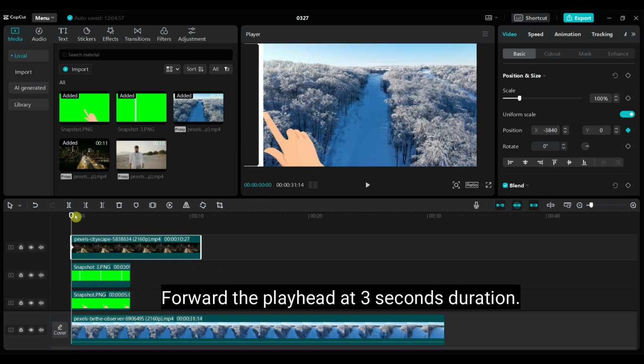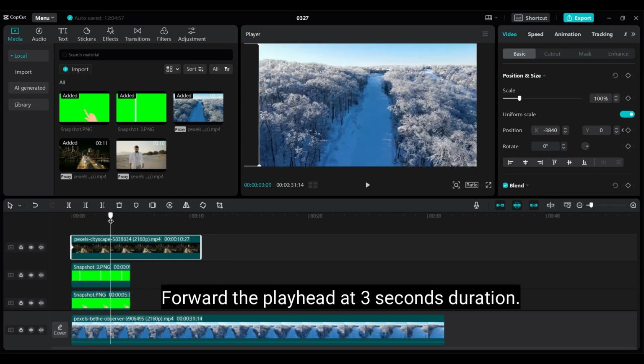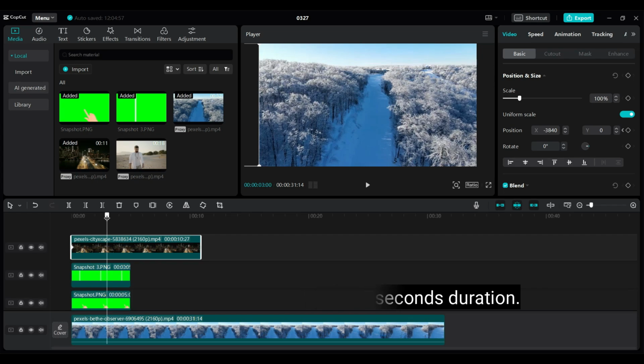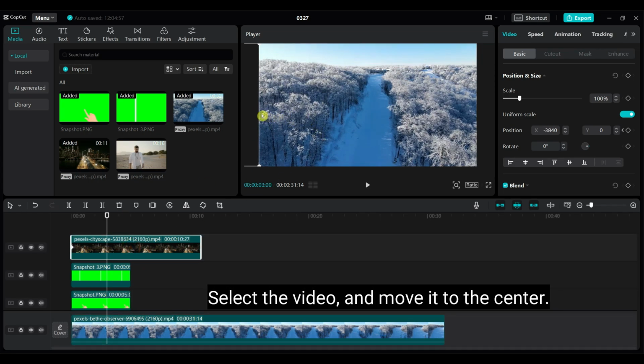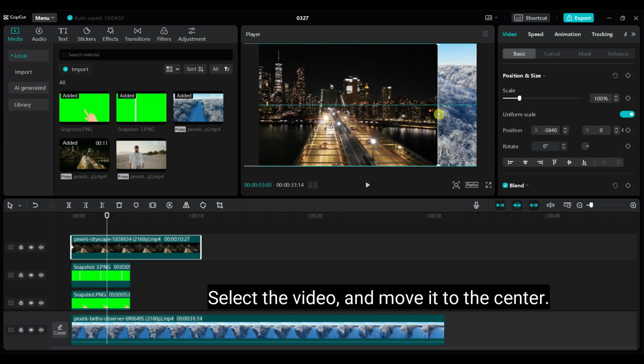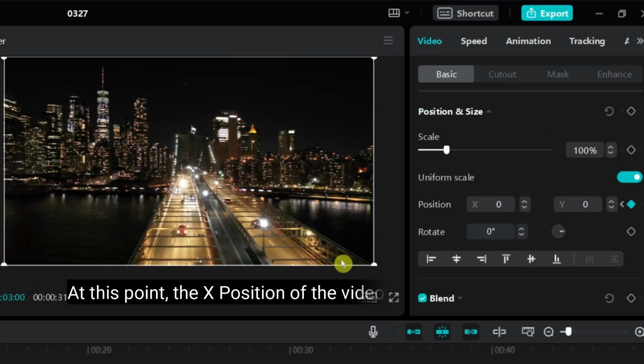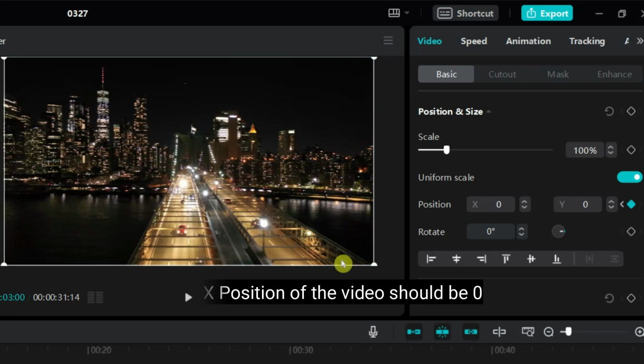Forward the playhead at 3 seconds duration. Select the video, and move it to the center. At this point, the X position of the video should be 0.